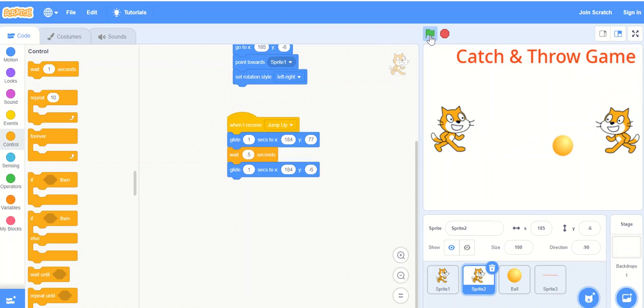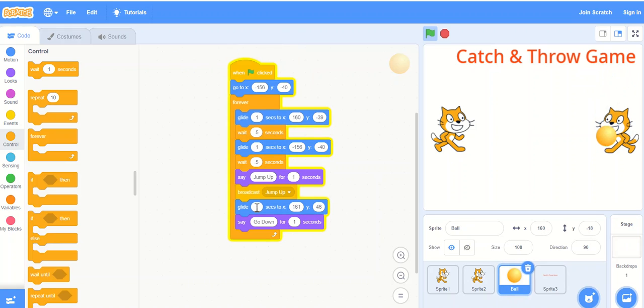So let's once again run it. It will say jump up, it will go up and then it will wait there. Now what is happening, when it is saying jump up, the ball is also waiting there. So to make the sync between these two, we can decrease the speed of the ball also. Here we can change the value. Now let us see. Now you can see that there is a difference.